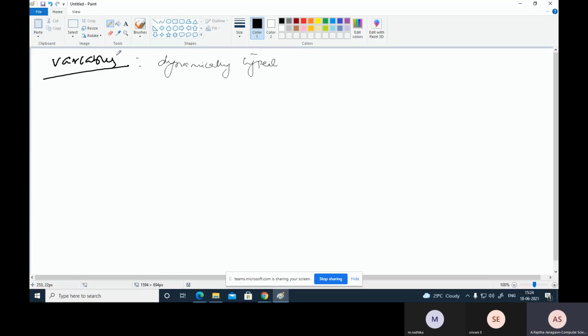That means initially the variable can store some data type, and after some time that variable is capable of storing another data type, another data value also. Variables in JavaScript are dynamically typed, meaning a variable can be an integer and then later a